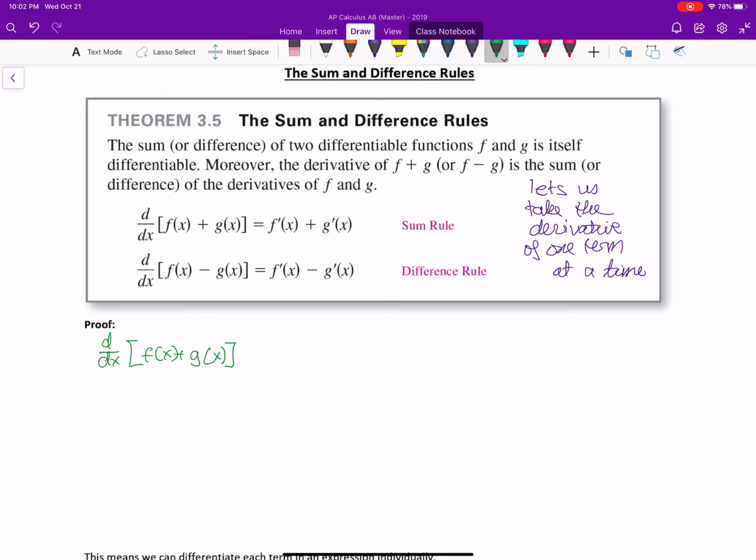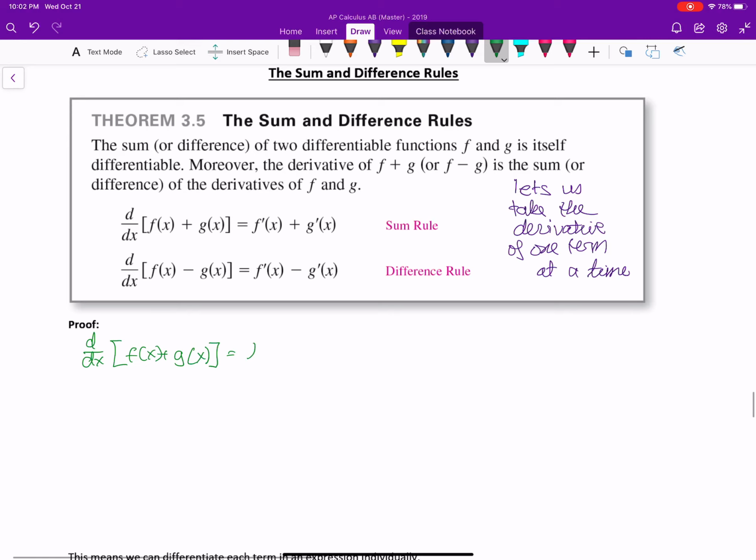It's done very similar for both of them. So the limit as h approaches 0 is going to be, I'm going to substitute in, so I get f of x plus h plus g of x plus h minus f of x plus g of x over h. Now we're going to do a little bit of rearranging because I'm going to take this f of